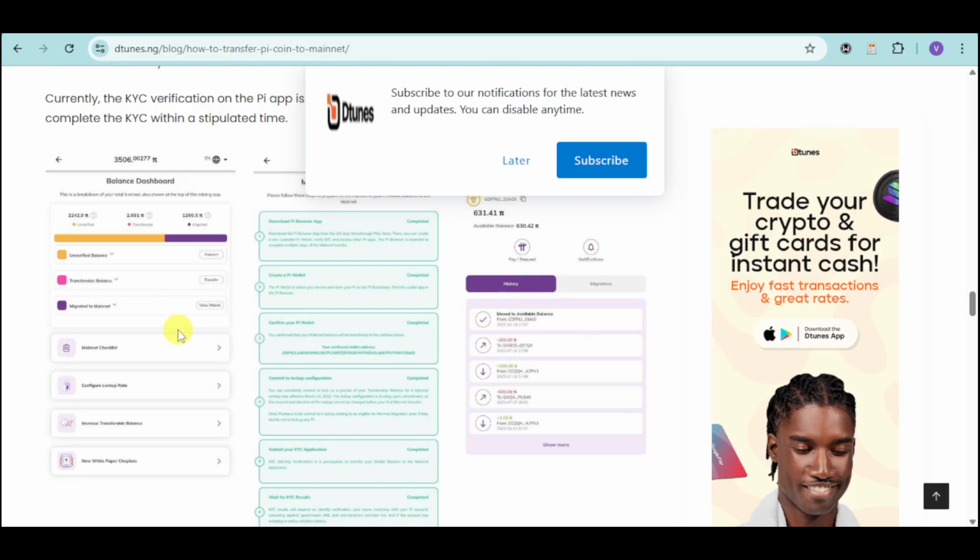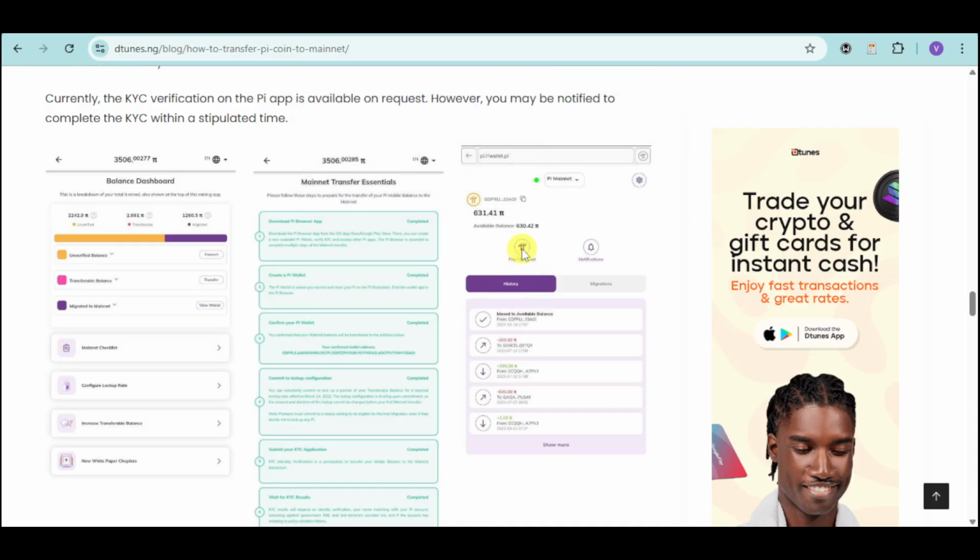On there, this is what it would look like. Head over right here and then choose the transferable balance. Click on transfer and then click on pay or request option that you can see right there in order to